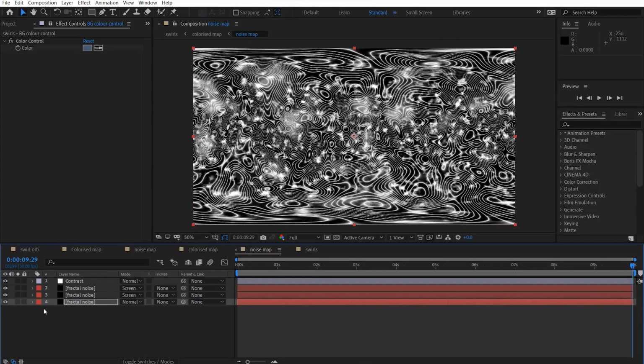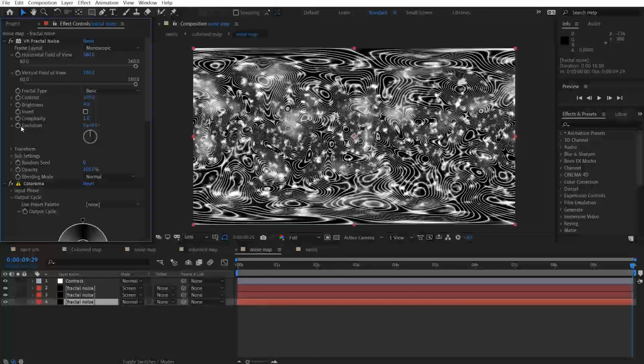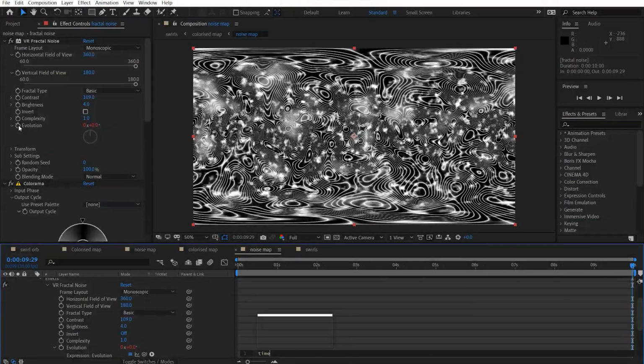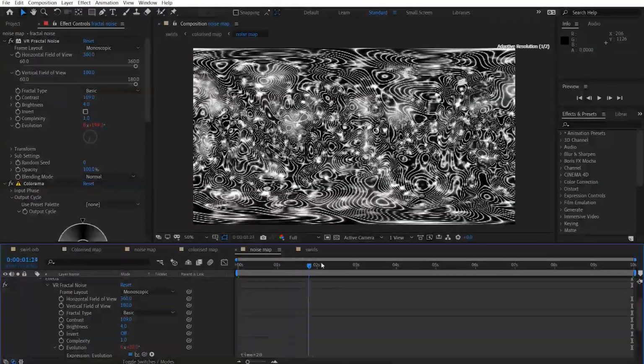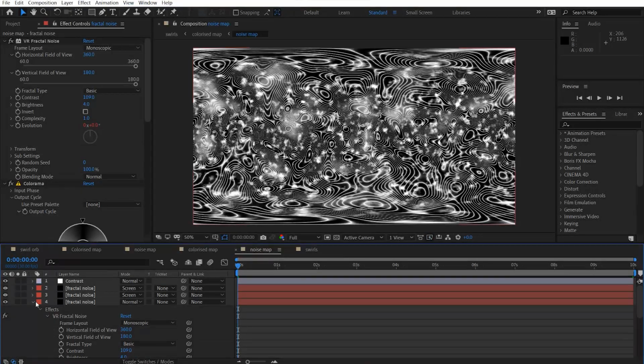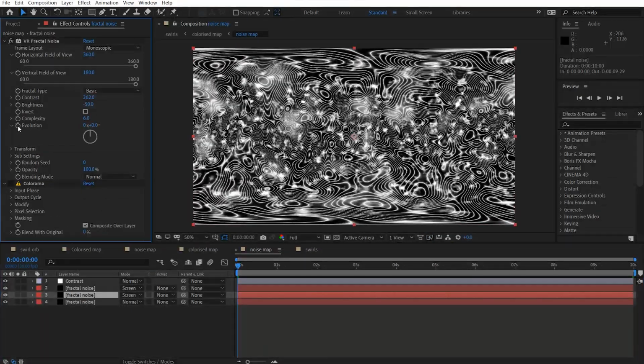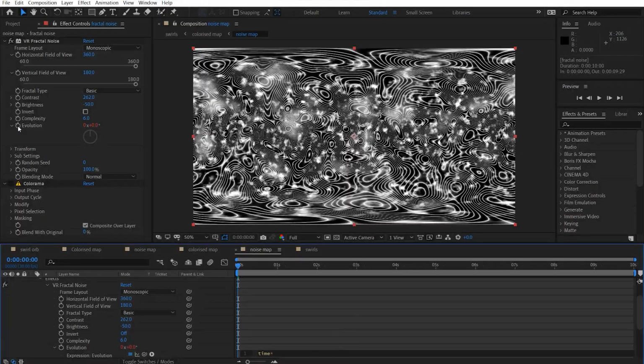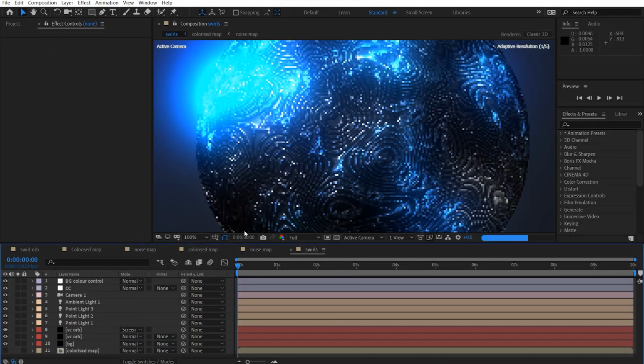One little touch you can do is add an expression control to your evolution for your fractal noise. So if you click and you do time, I don't know, you could do like 20. And you can see what it's doing. It's like hypnosis right here. But you can just play around with this. So I might do like 10 for this guy, and if I play it back,